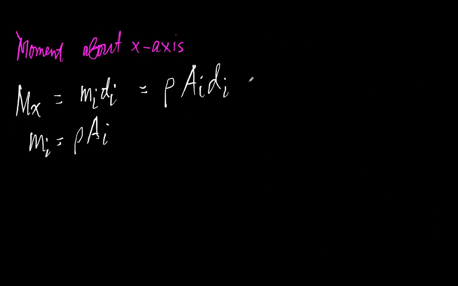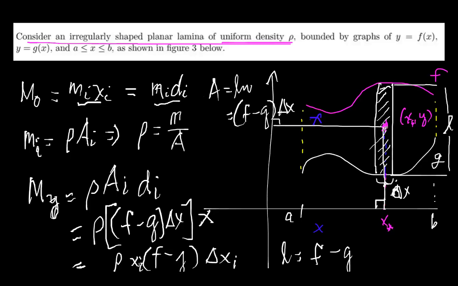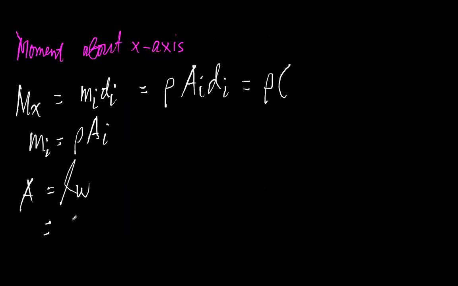So this formula becomes density, since density is uniformly distributed in the given lamina. So therefore, every region or portion of the lamina has density rho, okay? And our area, again, the area is equal to length times width. And same thing, since we're talking about the same rectangular representative, our area here is just the same as the area here, right? So we have the length f of x, g of x sub i,